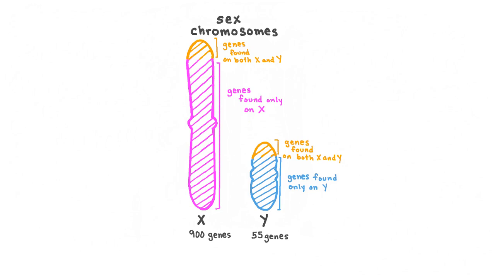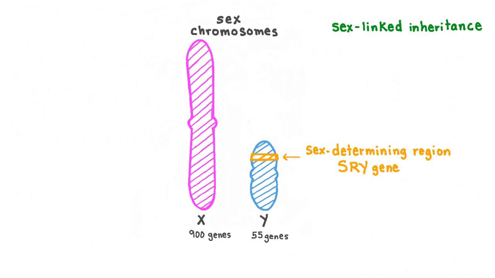These genes that are not common to both X and Y chromosomes have a unique inheritance pattern, which is called sex-linked inheritance. For example, the Y chromosome carries the SRY gene. This gene is responsible for the development of male reproductive anatomy. The X chromosome does not carry this gene, which is why an XY genotype always results in a biological male. This SRY gene is said to be a sex-linked gene since it is linked to one of the sex chromosomes. Any trait determined by such genes that are carried on only one sex chromosome is called a sex-linked trait.